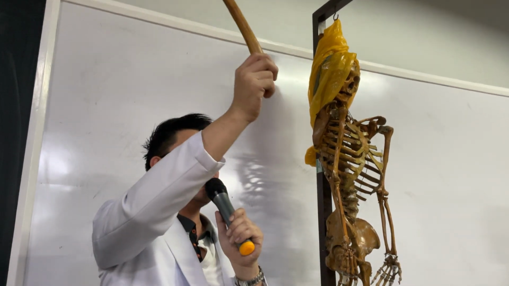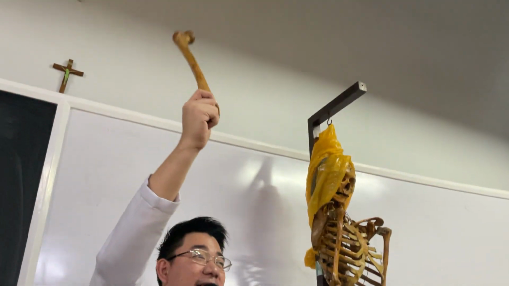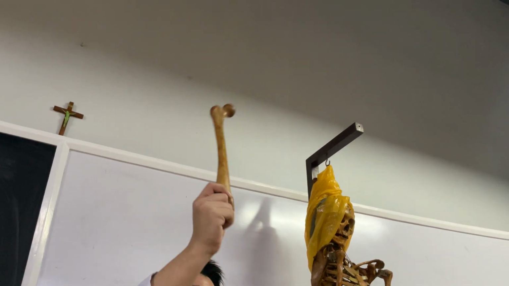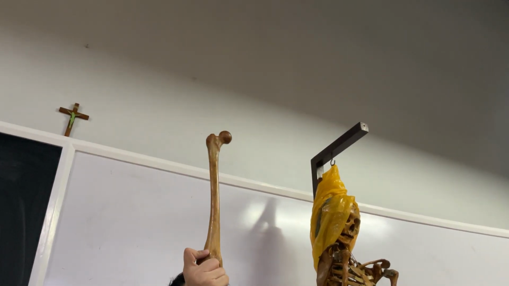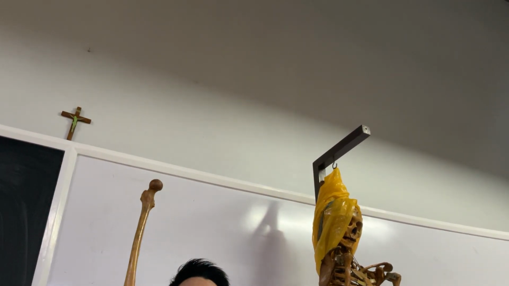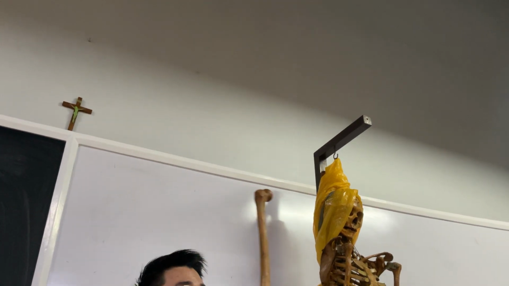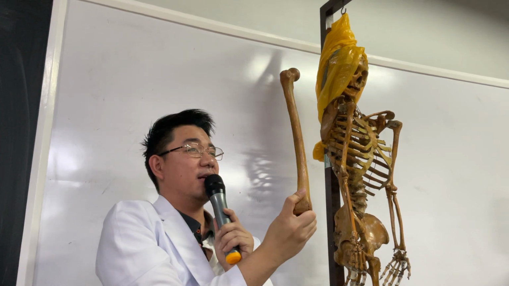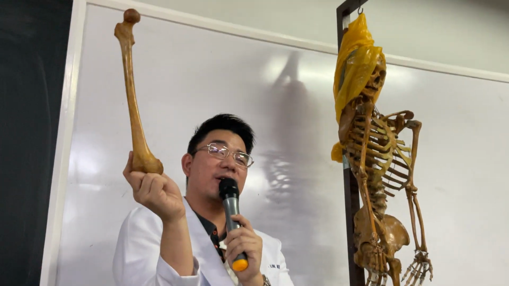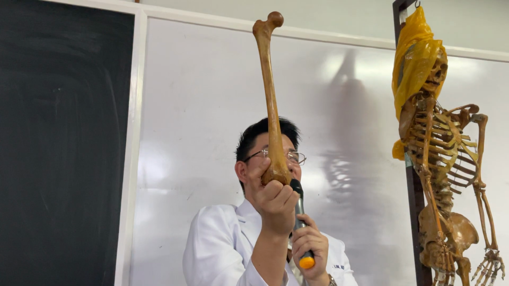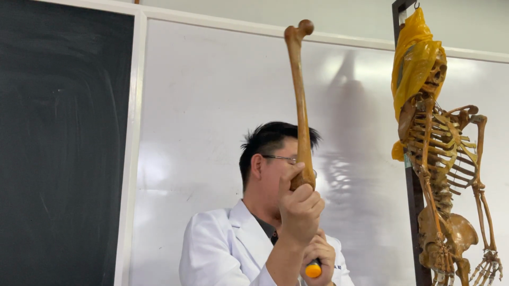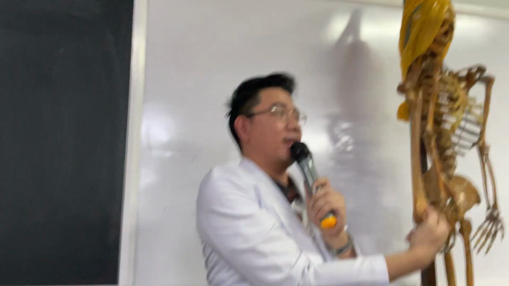what's this called? This is known as the femur. And the femur is the longest bone in the body. Once again, the femur is the longest bone of the body. What you're looking at now is the anterior view of your femur. And is this the left or the right? Right. This is the right femur, as the left femur will have it like that on the other side.